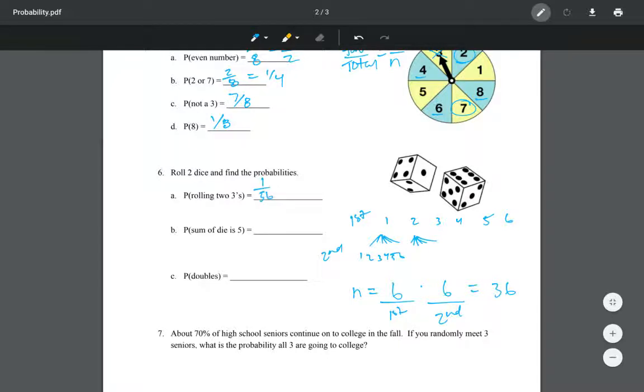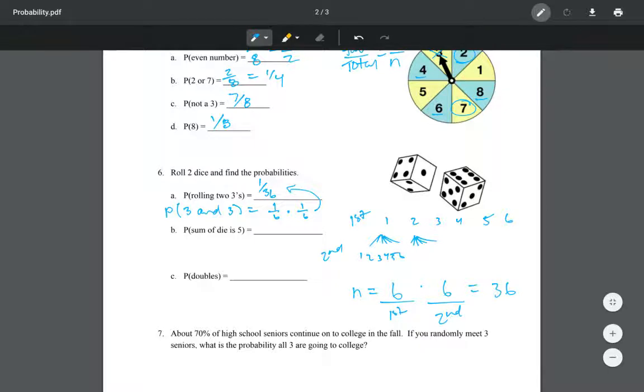I can also break this down into a probability of a 3 and a 3. This will do the multiplication principle for the outcomes at the same time. The probability of getting one 3 is 1 out of 6, and so I multiply those together. The probability of getting a second 3 is 1 out of 6. So we end up with 1/36, which is kind of hard to read. That says 1/36 for our answer. So a couple of ways to break down these compound events that have a couple of